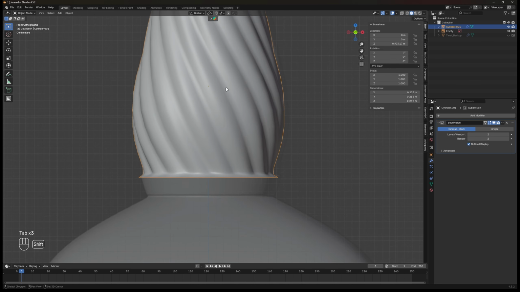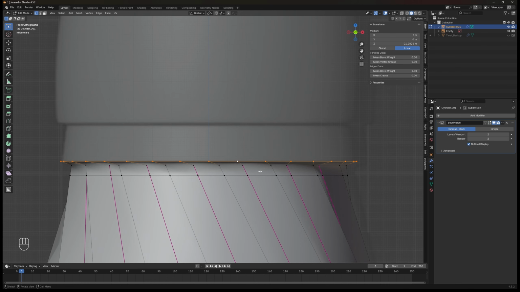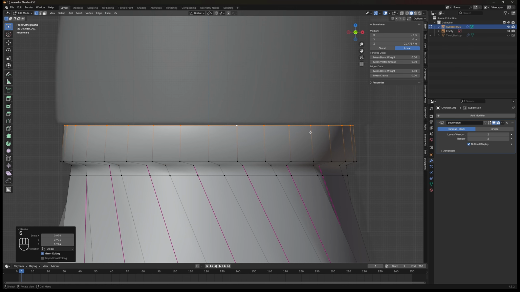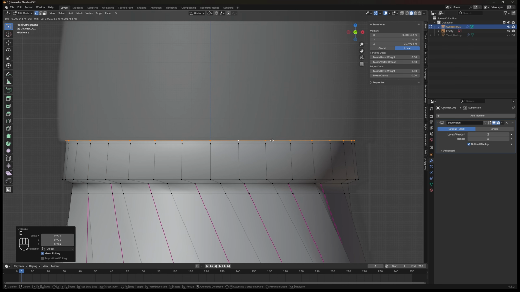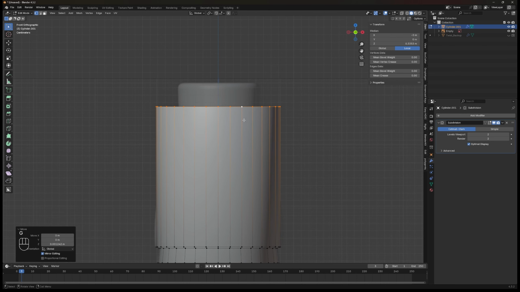On the subdivision modifier, we could turn off the edit preview by clicking this icon here, and just play around with this. Now we just simply trace the top bottle shape and rearrange the shape until it's looking good. For the top circle here, we extrude it up to reach the Olympus, and press F to fill it with face.